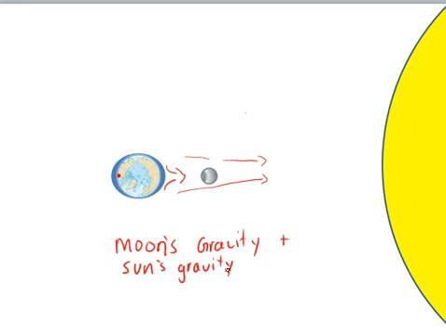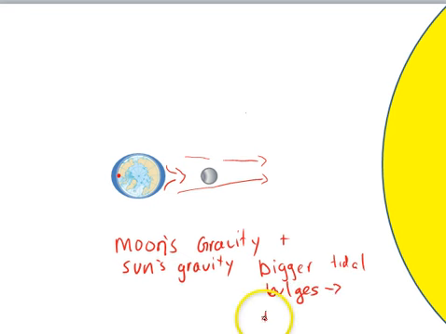when they're working together, right, you can have extra big tidal bulges, right, because they're both pulling water in there, so you have bigger tidal bulges, and this means that you have bigger high tides,